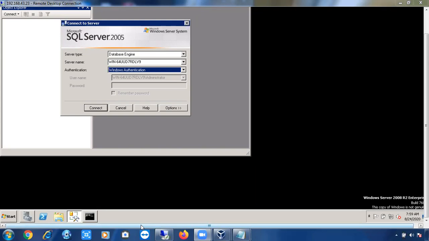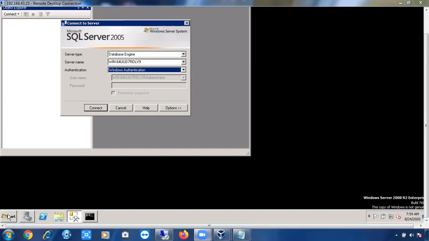But if I log off and log in as Madhu or Srinivas or Ram, in that case, which user will connect to the SQL server? With which user I just logged into the machine, that user will be connected.